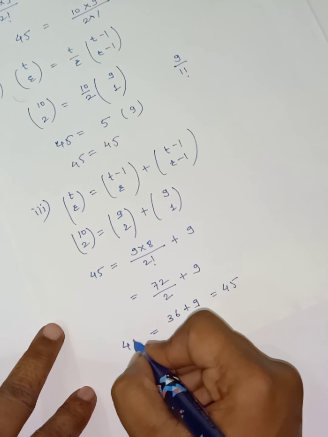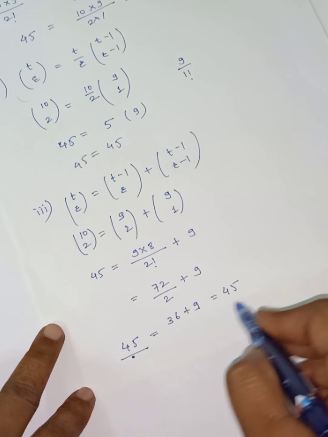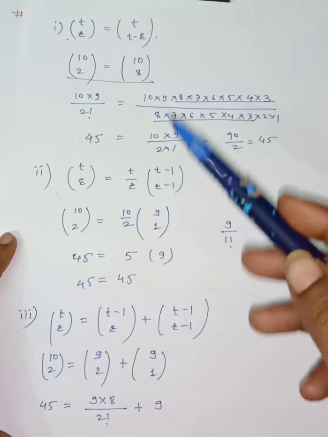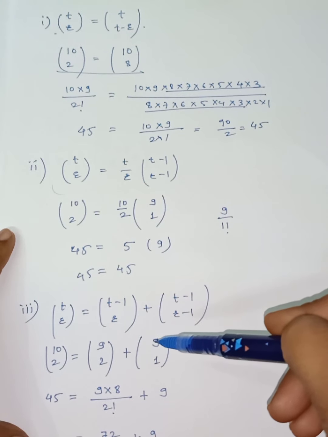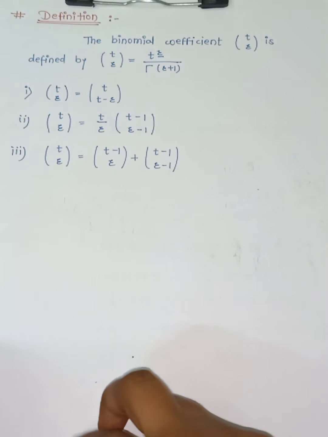And here LHS is already 45. So LHS equals RHS. Okay, so we have proved all the three properties here, and you can also check them in the 11th standard book if you want to. Then next is